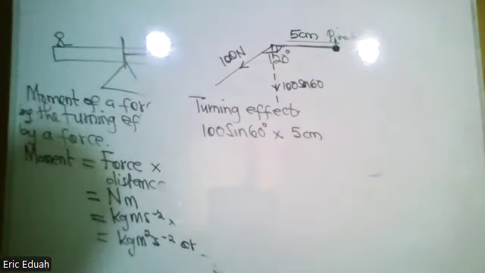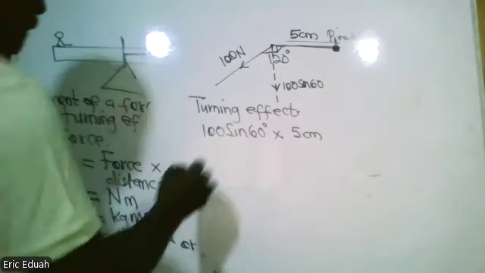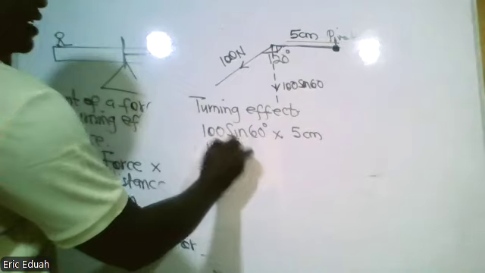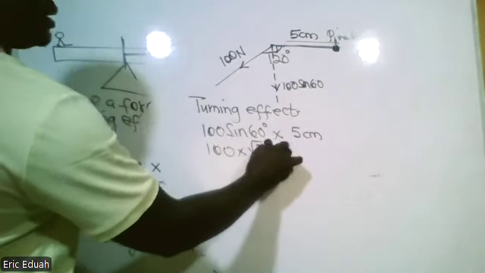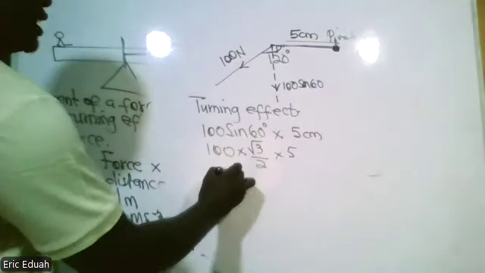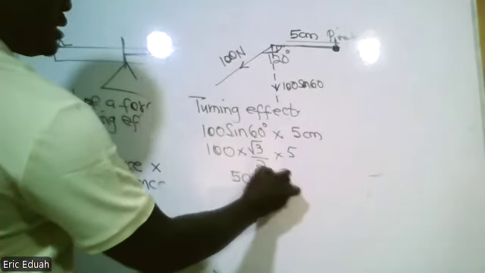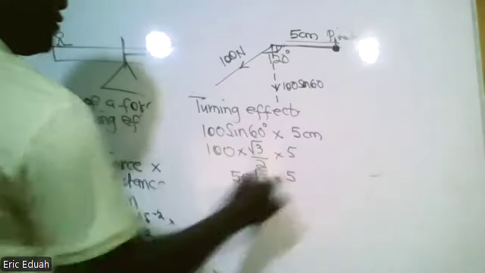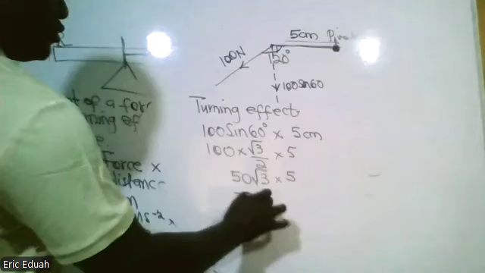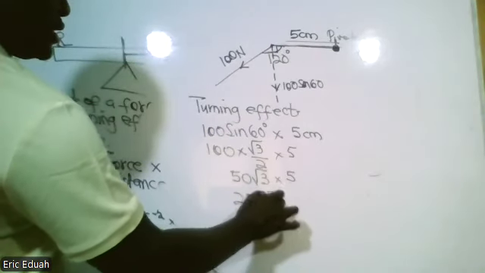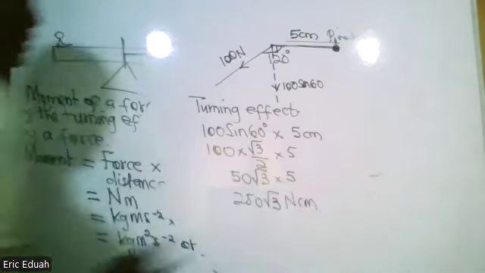What is sine 60? Sine 60 is root 3 on 2. So 100 times root 3 on 2 times 5. This is 50 root 3 times 5. So 250 root 3 Newton centimeter,